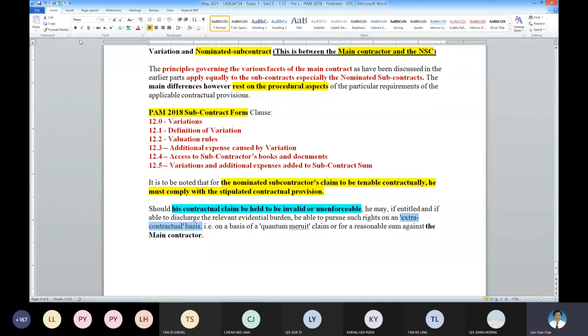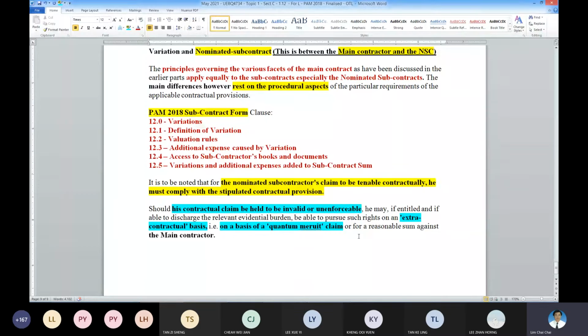That means you are claiming under the common law on the basis of a quantum meruit claim. So with a quantum meruit claim, you have the right under the common law to claim extra over the contract rate, not a normal contractual provision. Okay? So this is on the quantum meruit basis